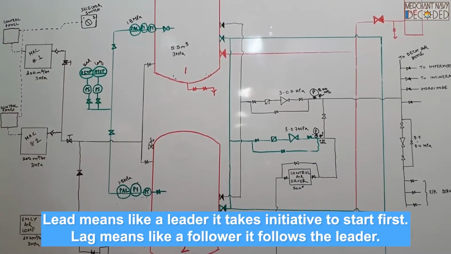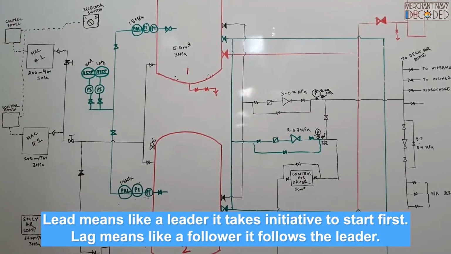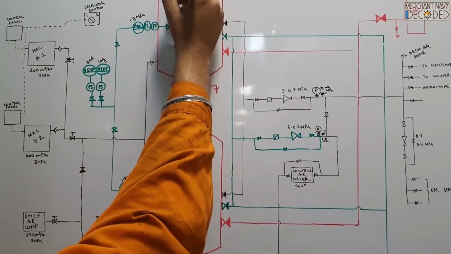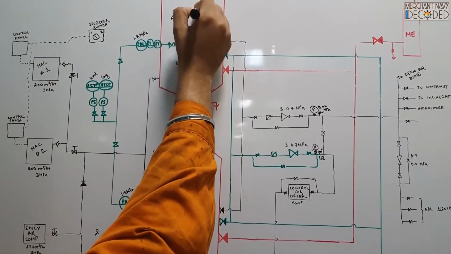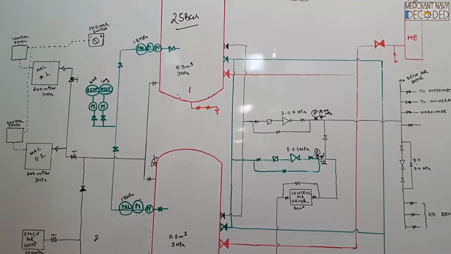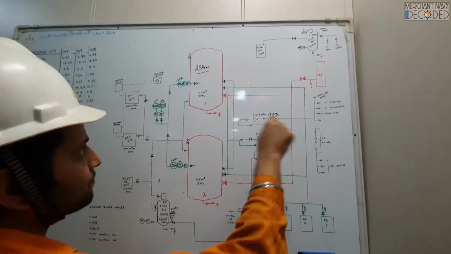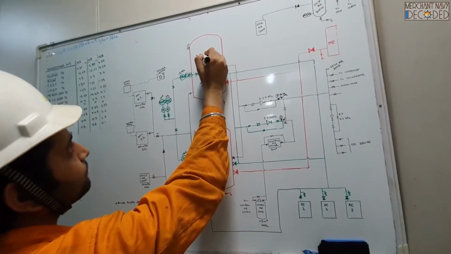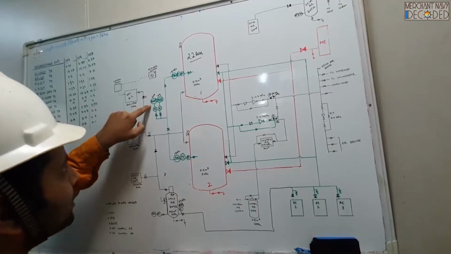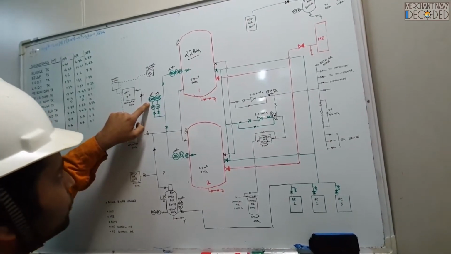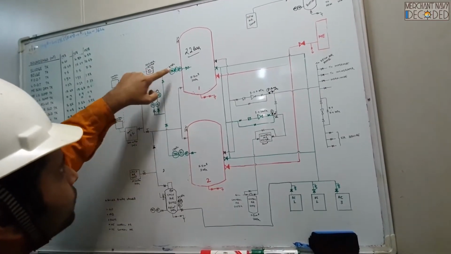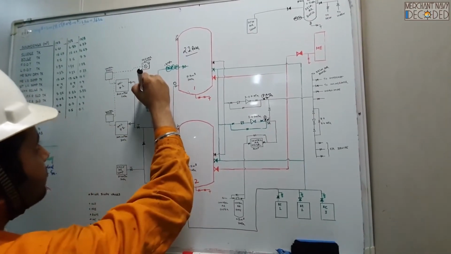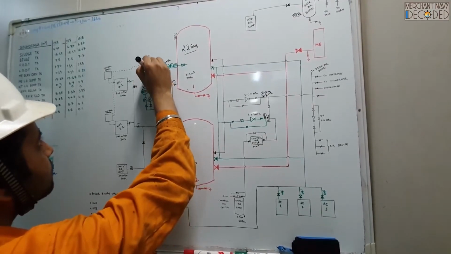Now what does this mean, guys? See, lead and lag you have to understand. Lead and lag means, suppose now number one bottle air is in use and pressure is right now 25 bar. Okay? So what happens is, now suppose my main engine starts, there is a lot of air going and this pressure drops to 22 bar. So say this lead pressure switch is set at 22 bar. So what it says is, the pressure has reached 22 bar from here. That means the lead pressure switch says it has reached 22 bars.